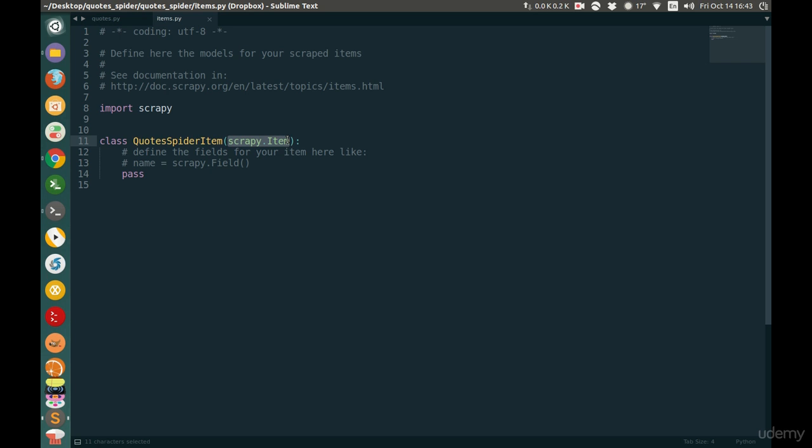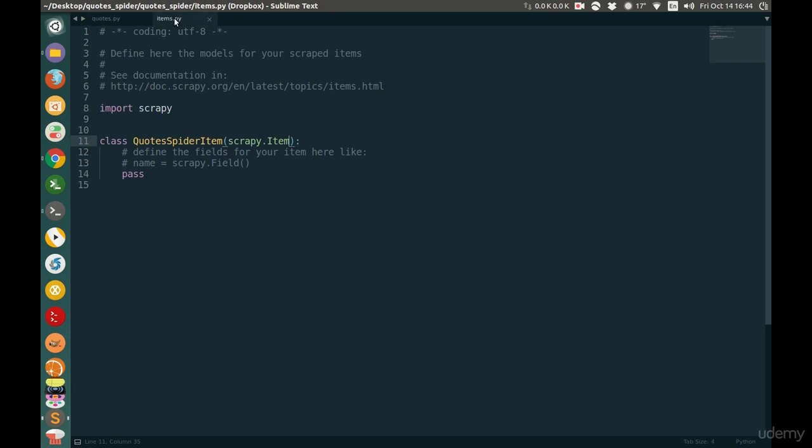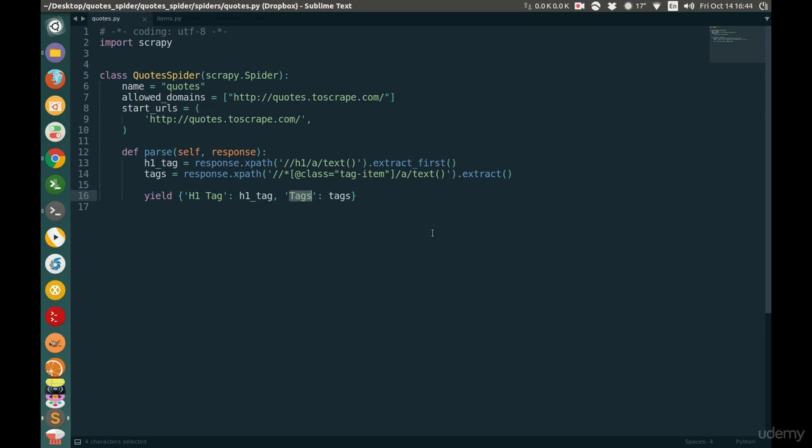Now, why would you once again want to use data points defined in items? For example, if you want to get the data in a CSV file in some specific order, for example, the first column always has to be h1 tag, and then the second one has to be tags, then defining items here and kind of merging them with the Spider code should be a viable option,